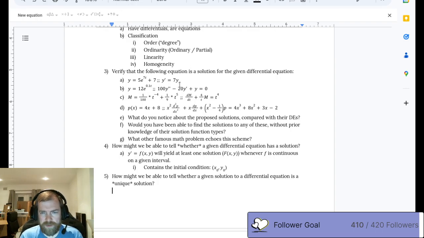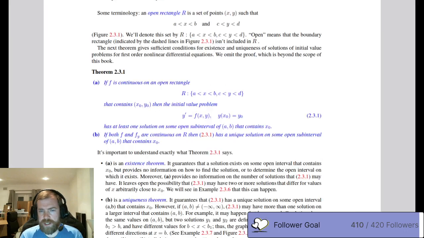Alright, how might you be able to tell whether a given solution to a differential equation is a unique solution? So in here,